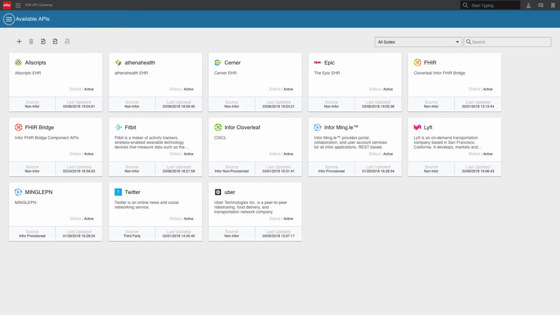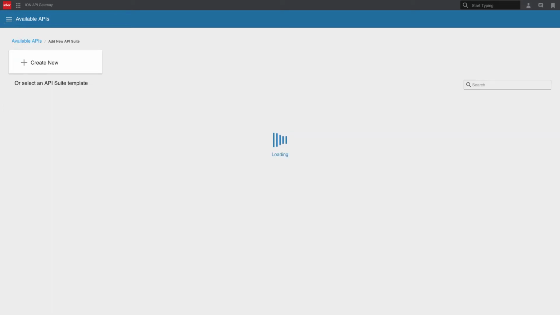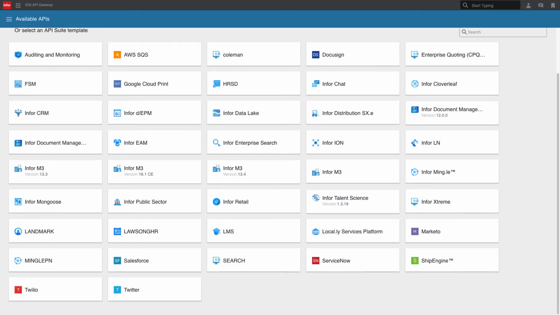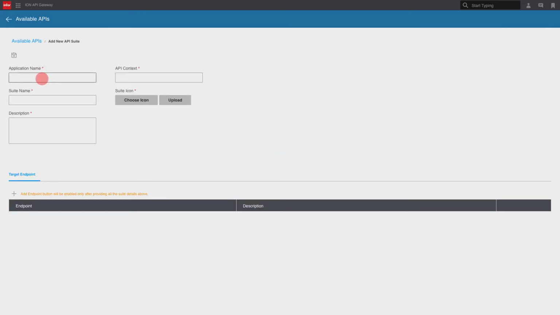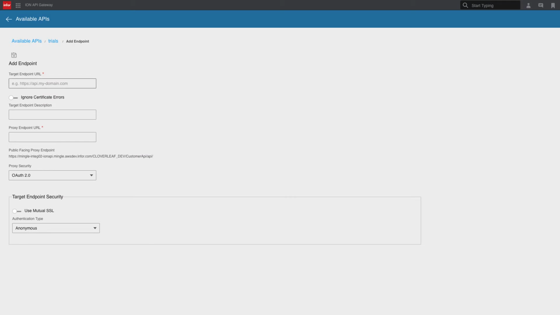Pre-built API suites are available for me out of the box, but I can build new API suites very easily from third parties such as Twitter, Salesforce, ServiceNow, as well as all the Infor applications, or easily build one, in this case to a cancer clinical trials API provided by cancer.gov. I'll provide an application name, a suite name, the API context, a description, and also an icon to complete the configuration of the suite. I will add a new target endpoint, and here's where I can provide the publicly available